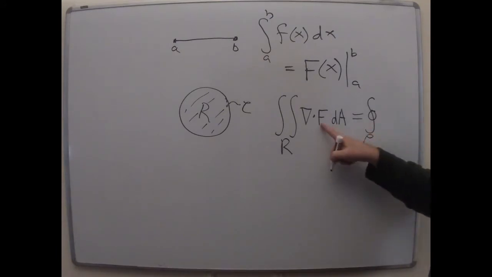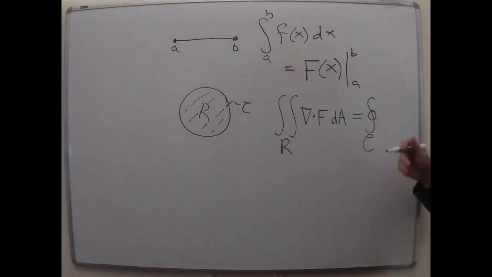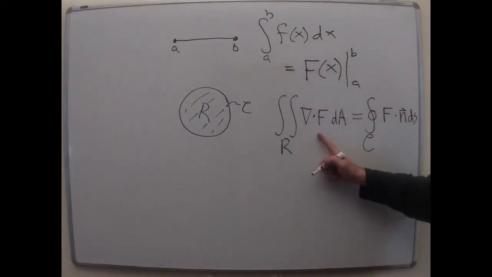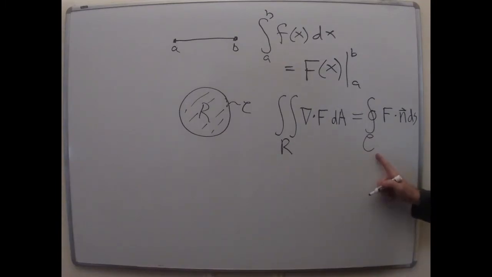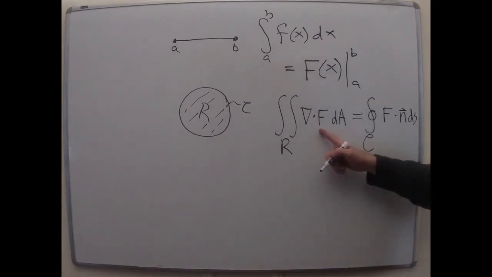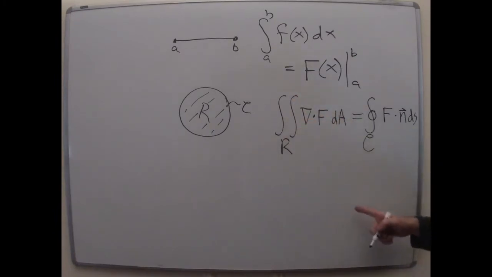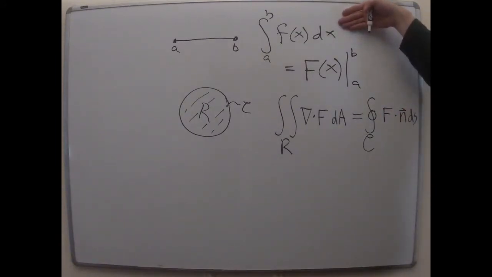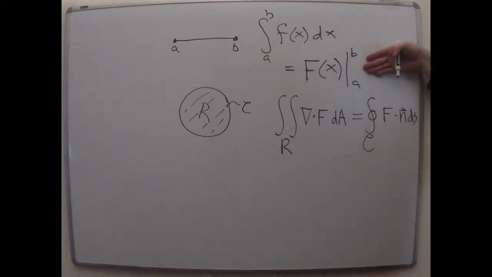What did we do for this kind? We did the normal flow or flux of the field, so that would be F dotted with N ds. Still, one thing is happening on the interior, another thing on the boundary, and you notice the interior thing is more complicated. It's a double integral. The boundary thing is less complicated, just a single integral. And the thing you do on the boundary in the fundamental theorem doesn't even have an integral sign.